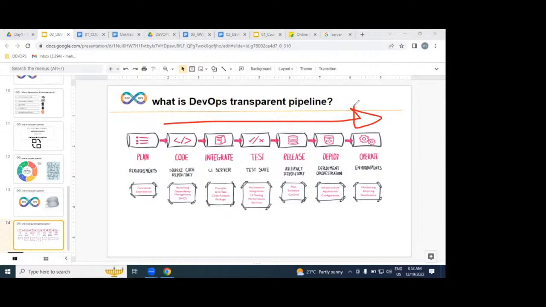While implementing this transparent pipeline, make sure you are going to deliver within the shortest time, with high quality, with low cost. This is exactly the DevOps process. I hope you understand what exactly this DevOps process is. But for implementing this DevOps process,